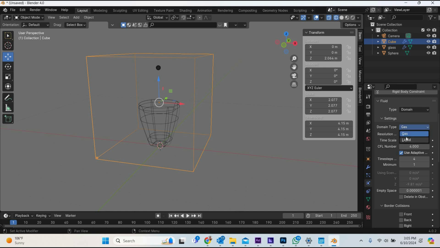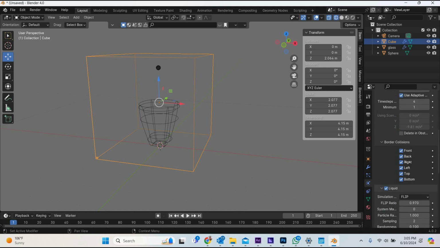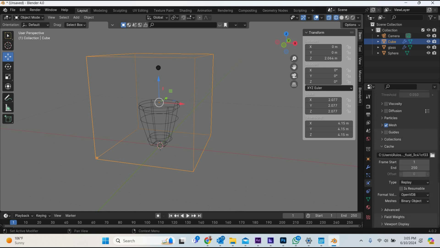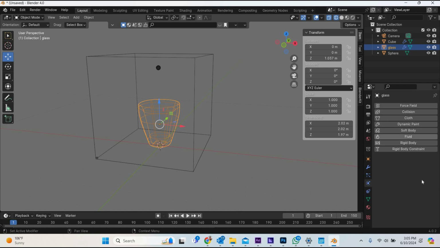Also make sure that you increase the resolution to 64. At 32 I could not see any animation in any simulation in my file, so I made it 64 and it worked. I'll also reduce the number of frames to 150, and then we will select the cache to all,